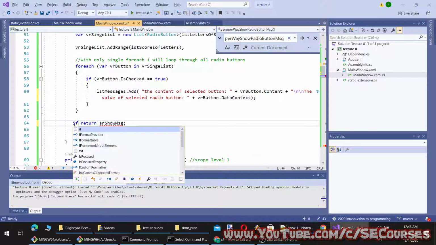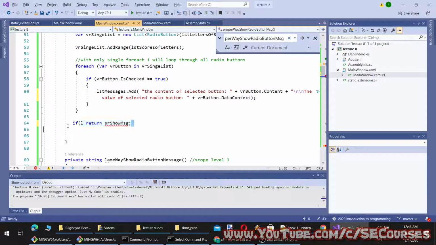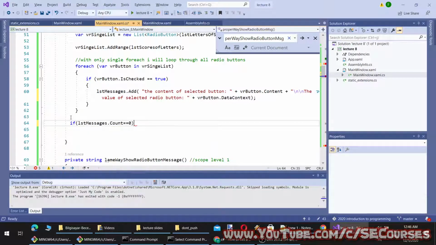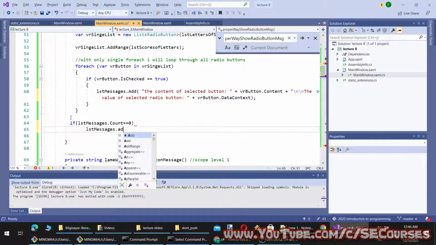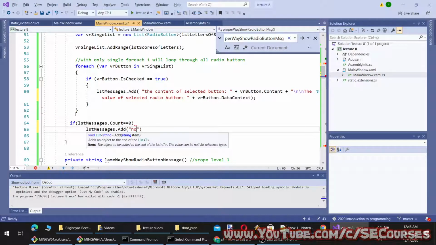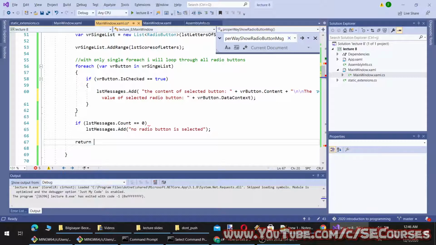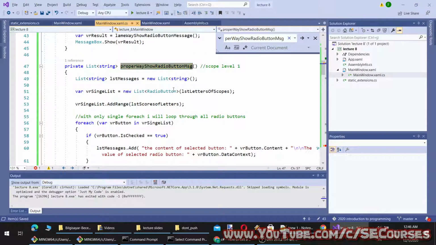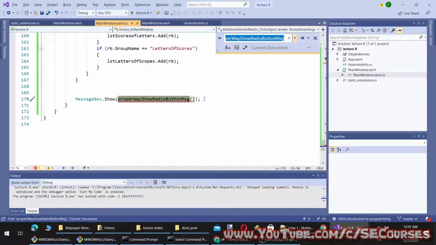And if the list count is zero, we will add a message to the list. And return the list of messages. Okay, and now you see this message box will not work anymore.